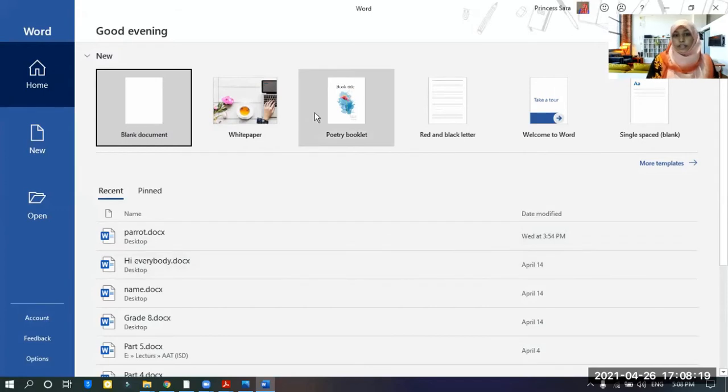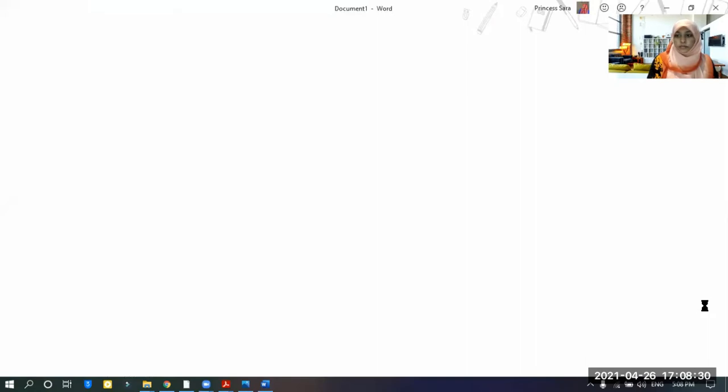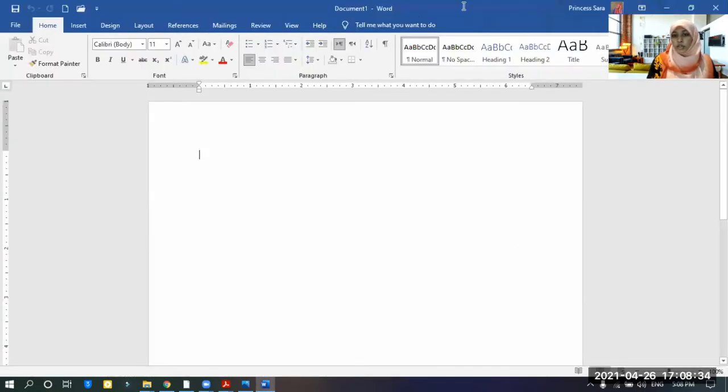So this is the interface. Now you are going to make a new document. Select Blank document, and this is the interface of the word processing software.